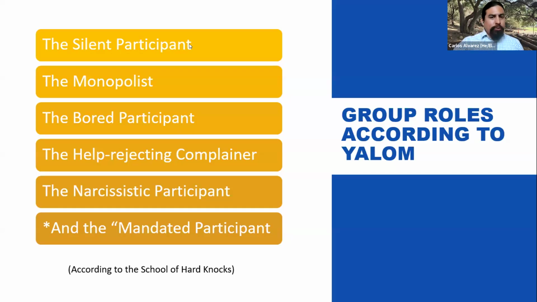So when you are about social justice, you want to honor it, especially in the classroom, right? So thank you, Renee, for helping me connect that as well. Sometimes you're going to have the help-rejecting complainer, like Renee was talking about, someone who wants help but is going to complain about it. And it's going to go on and on and on. But over time and with patience, and working with them, there will be a turnaround at some point, right?